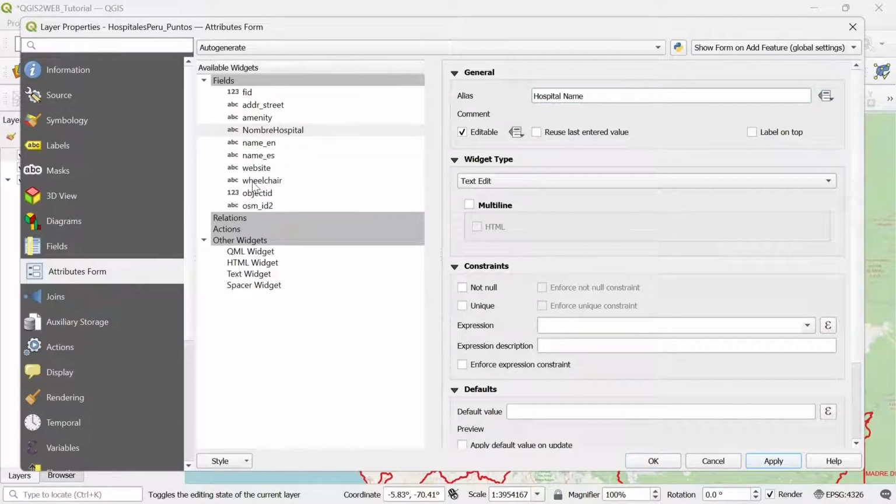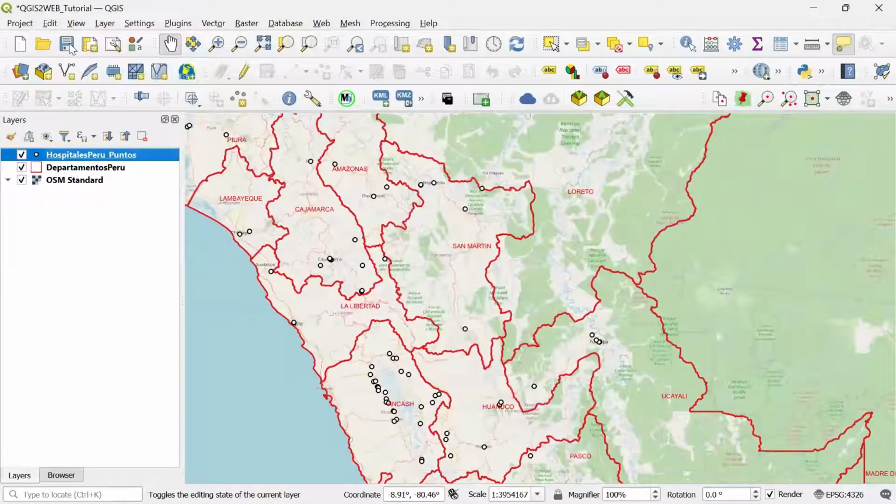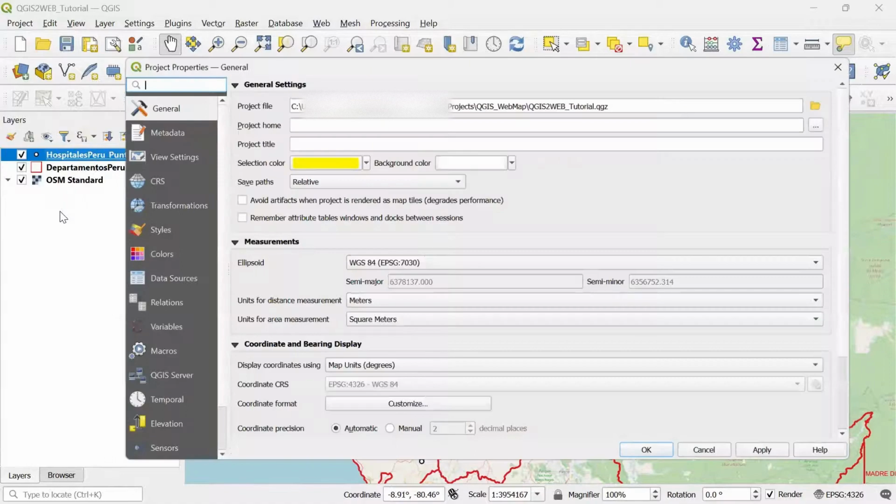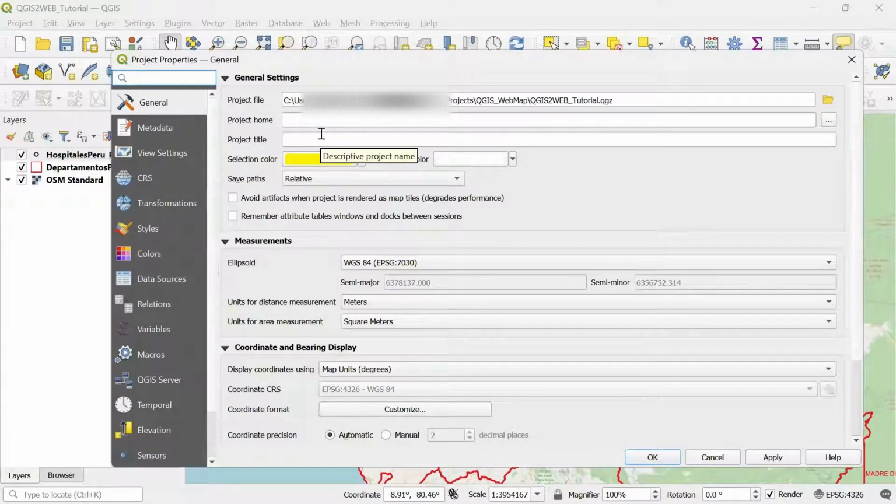I'm going to do the same for wheelchair. Capital W so that way it looks a little better. Then apply and okay. I'm going to save my project one more time, and now to add that title for our web map, I go to the project tab section and open the properties, and I go to general, and here in project title we can add a name. I'm going to call it QGIS2WEB